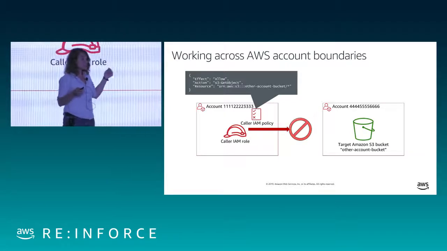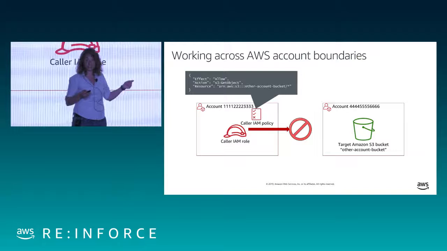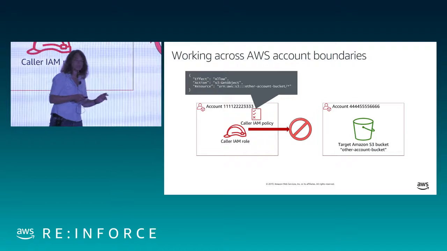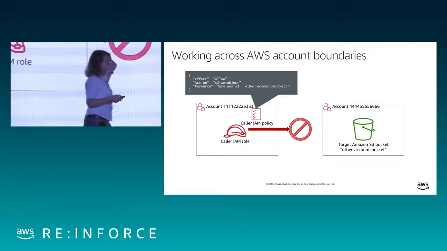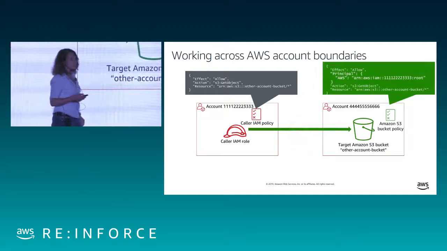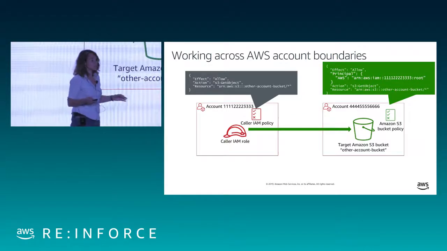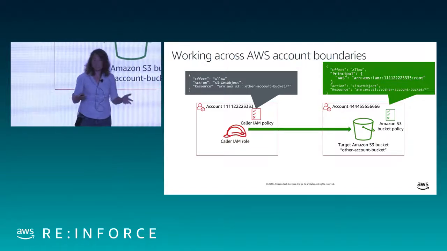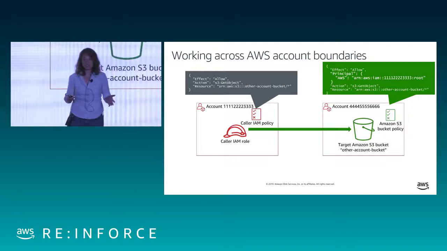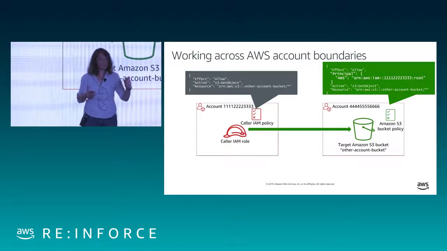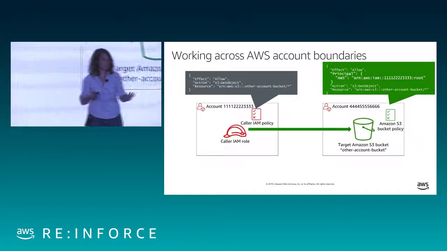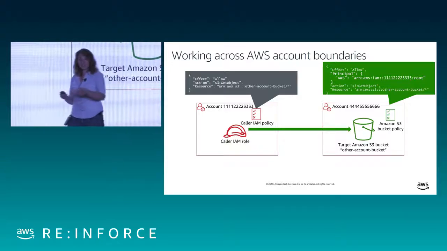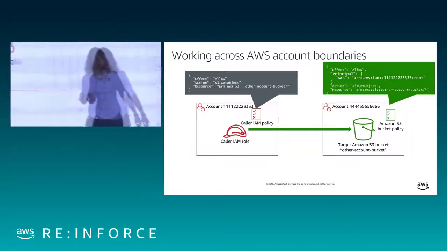So this caller does need this permission because they're going to be calling getObject, and so they need permission to call getObject on this resource. But you also need something over on the bucket owner side that says that this account can come in. That's where something called resource-based policies comes in. S3 bucket policies are an example of resource-based policies, but a double-digit number of our services support these on their resources. And what they are is IAM policy. They look like all of the patterns that we've been seeing before, but they're attached to the resource, like the S3 bucket, and not to the principal making the call.